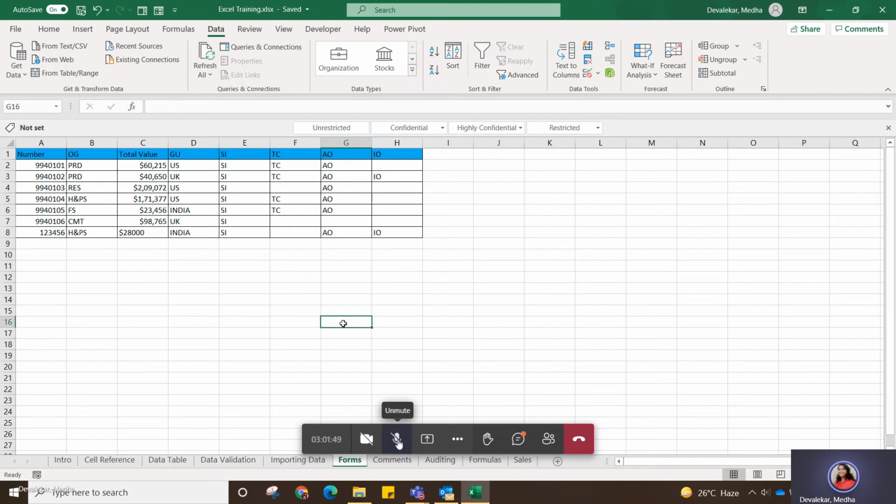So now if your project has a huge database, you can create something similar to this and you can enter your data using the form. You can directly enter here also, it is allowed, but if you want to enter with the form, then you can do it. Okay, you want to try this? You already have student data which you created previously. Just select the data and click on that form.